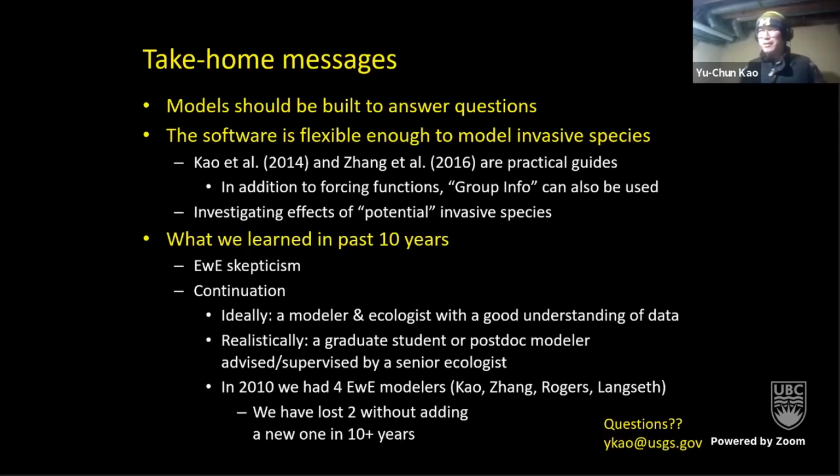Let me try to understand your question. First, you are asking what level you need to keep those invasive species in check in the calibration, and or before they invaded. And the second, if you want to have some control measure in the scenario, then how do you do that? Was that the question?